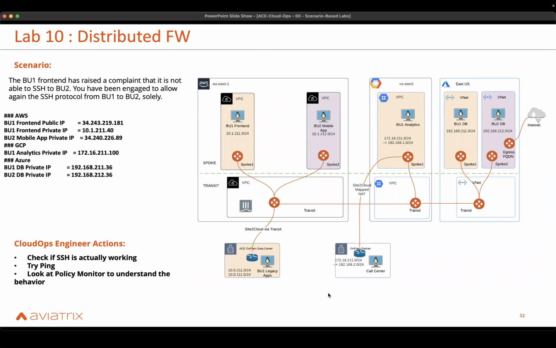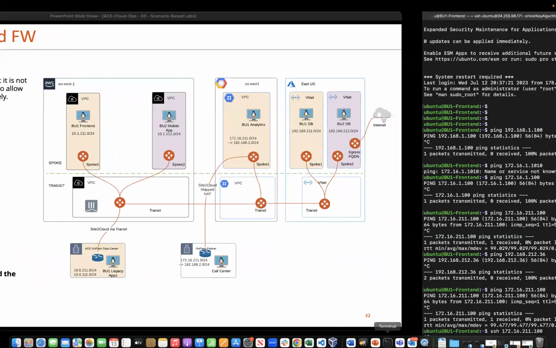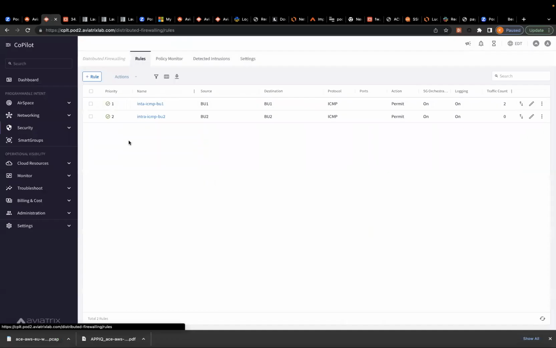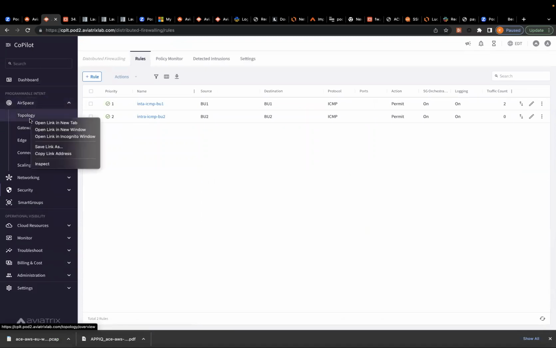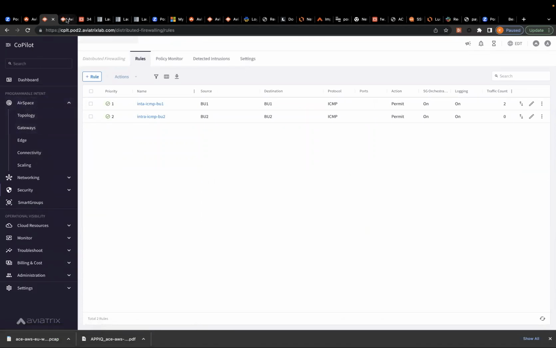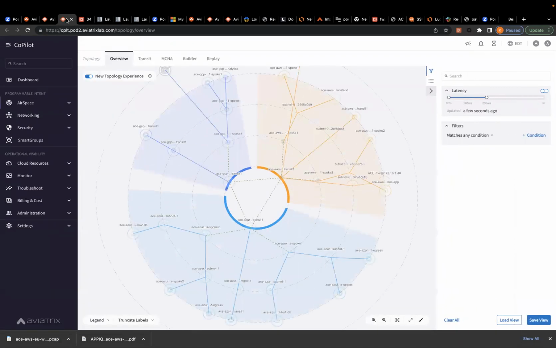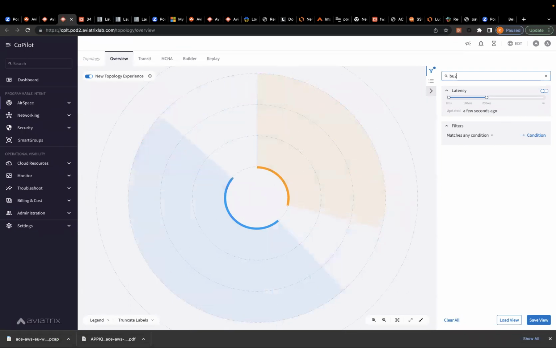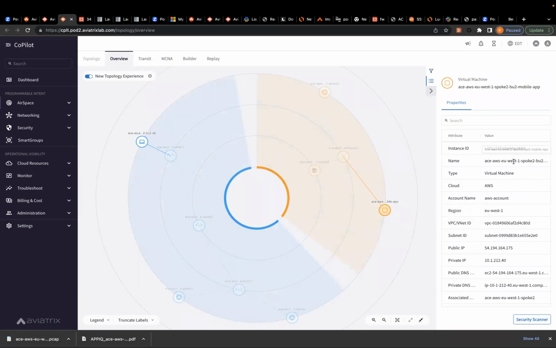Okay, so before we do anything, let us go to BU1 front end and let us ping. First of all, let's try to ping. By the way, just in case I didn't touch upon it, remember that you can go to topology and get the IP of any of those machines. So let's first try to ping BU2 mobile app. This is BU2. Yes, this is BU2 mobile app, and the IP address is